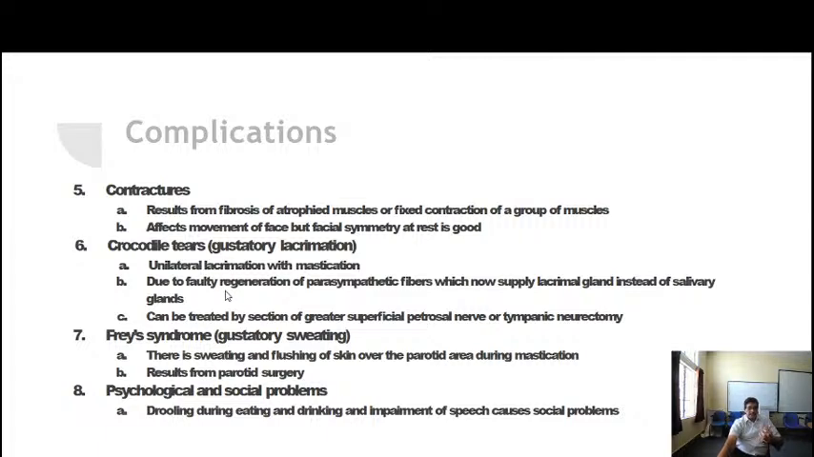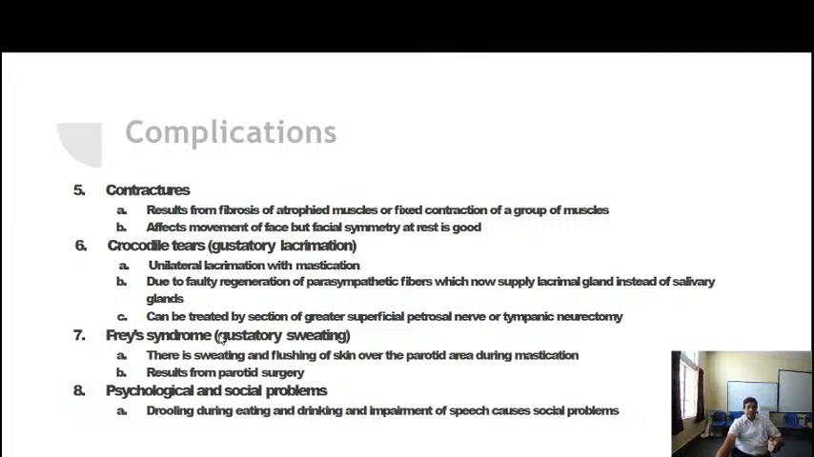And so when the patient is chewing, lacrimation is produced. This can be treated by sectioning of the superficial petrosal nerve, which is coming out from the geniculate ganglion. Then you have Frey syndrome, gustatory sweating, which is usually seen in conditions where a superficial parotidectomy